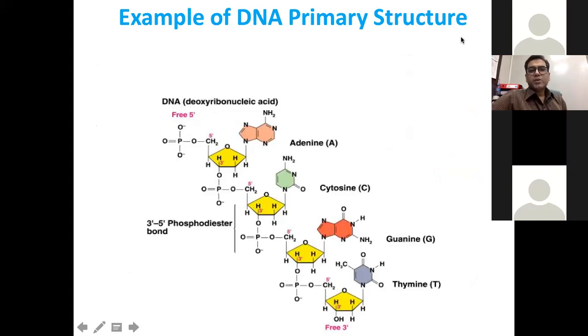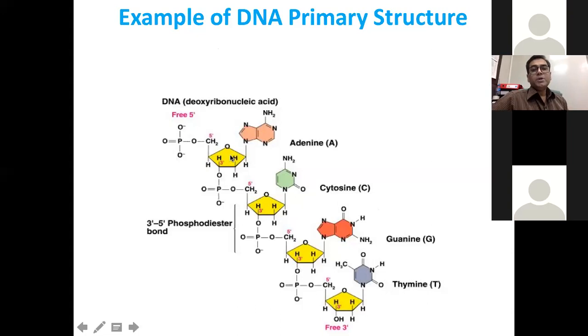Is this DNA or RNA? It is DNA. How can you say that it's DNA? Why not? If I say that it's RNA, it has thymine, okay? If it would be a structure of RNA, then what would it have? It has uracil, okay. So if it would be an RNA structure, instead of thymine, we would have uracil in place of this. So what we are looking at is the same nitrogenous base, the same purine, which is adenine